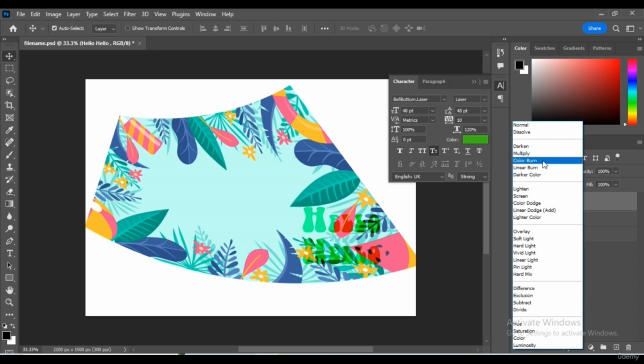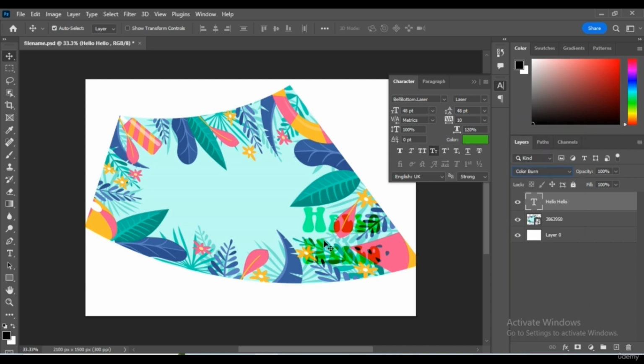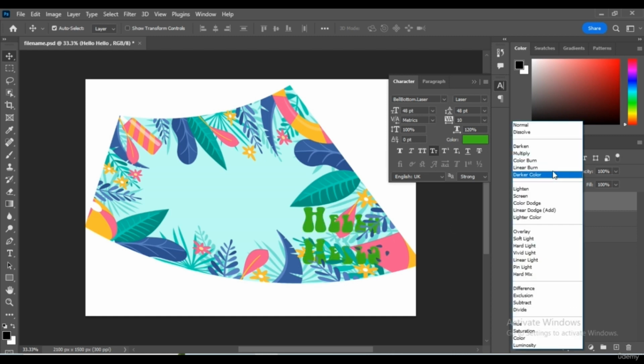Then color burn. It only works by lowering the brightness value and increasing contrast on an image. So it will lower the brightness value on the font layer and increase the contrast on the image below it. Color burn, that's it.